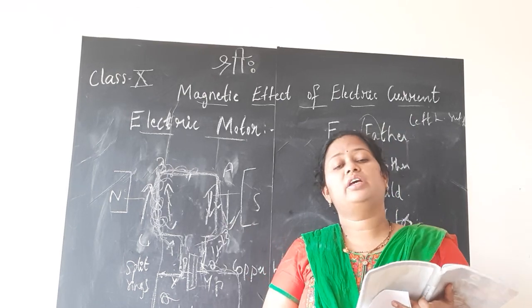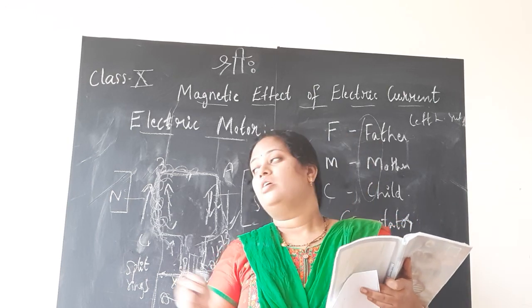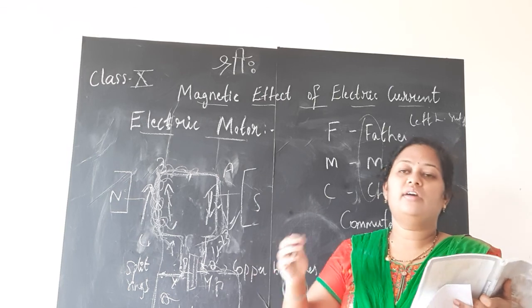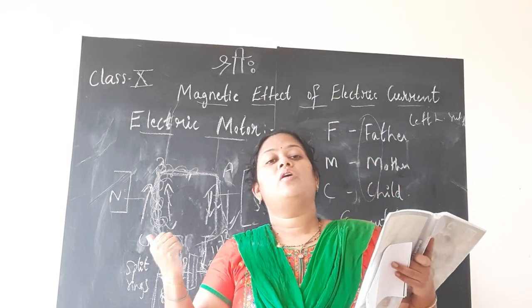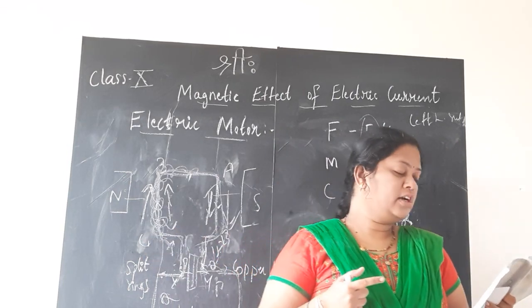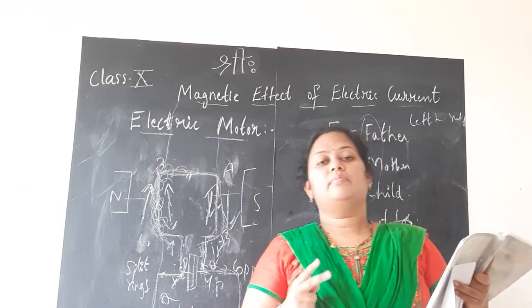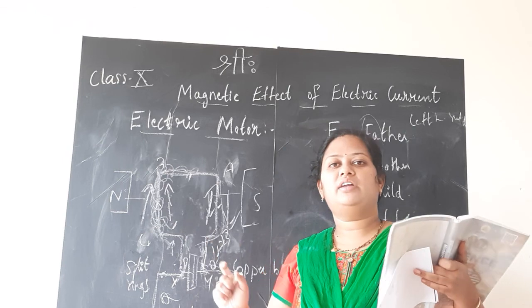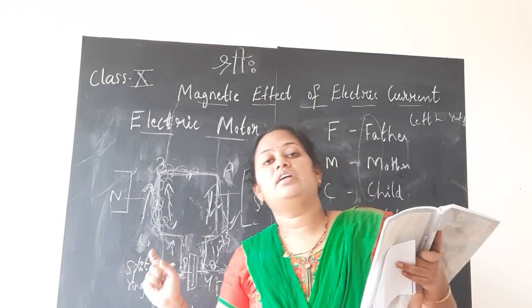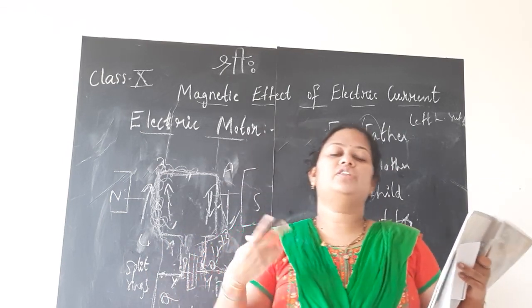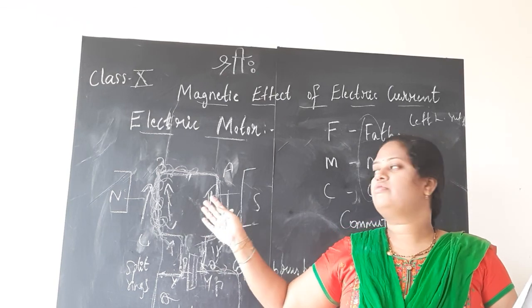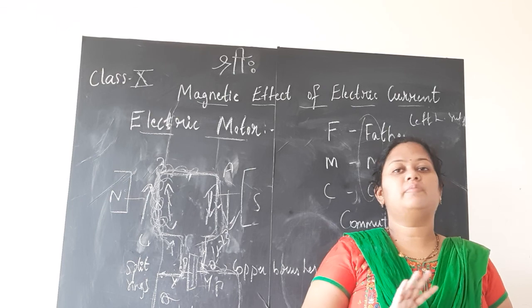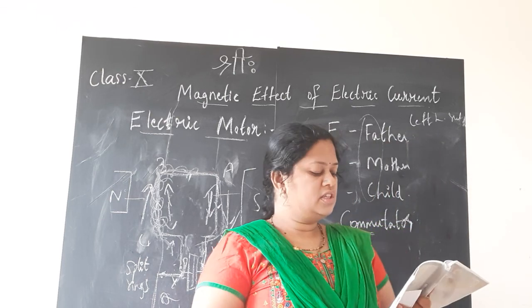So this is about the concept of electric motor, how it works, and this figure, as I said, children: working of electric motor, or maybe the figure of electric motor, its labeling, or sometimes only particular labeling will be asked. Name the brushes, name the split rings. Which is the commutator in case of electric motor? Split rings. Which is the part which does not rotate in case of the electric motor? Copper brushes. They are stationary brushes, they do not move. Such questions will be asked, children.